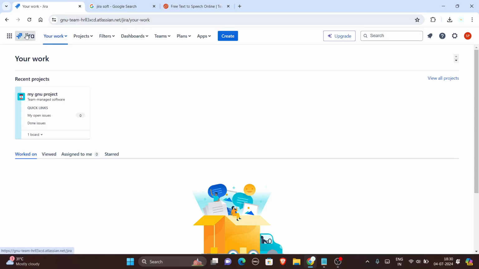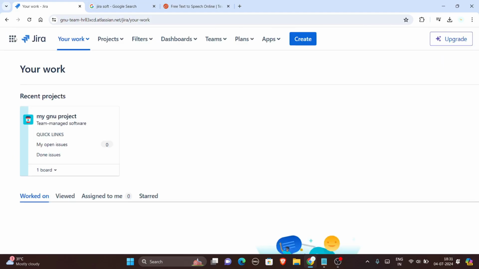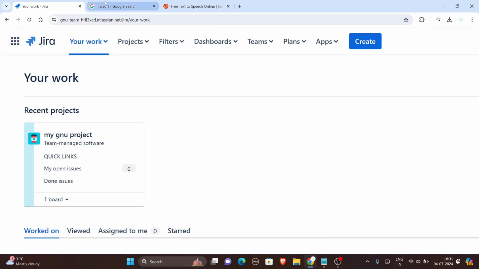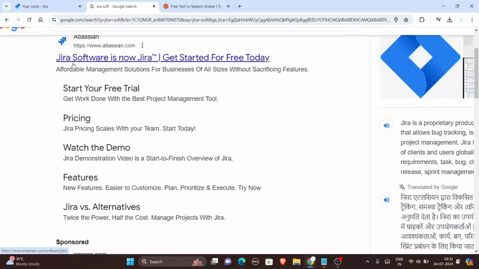So here is my Jira logged in. Basically, Jira is a tool that keeps updates of your projects, and the question arises, what happens when we join GitHub with Jira? So connecting GitHub to Jira allows you to view development activity in the context of your Jira project and issues. In earlier times, Jira was also called Jira Software, and you can see the logo has been changed